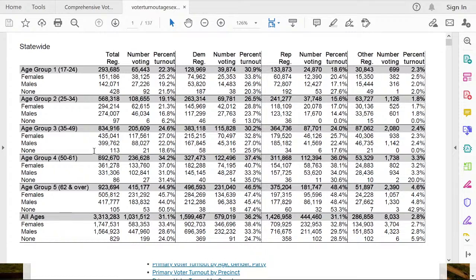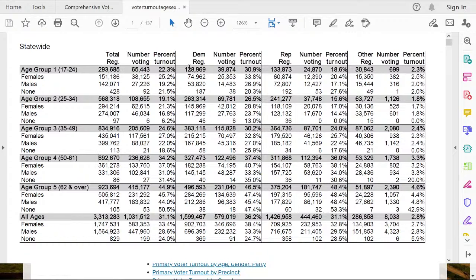This is pretty interesting. And then this is just the total registered, right? Then they break it down as Democrats and Republicans. So they track voter registration in Kentucky not just by age group, but also by males and females, and also by party preference. So younger people, 293 total,